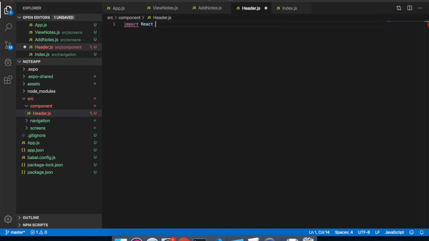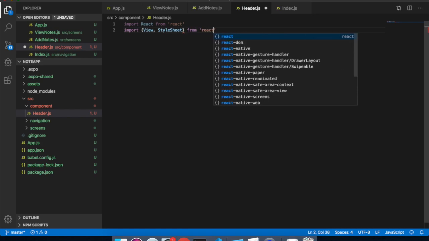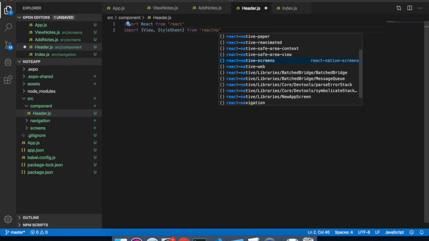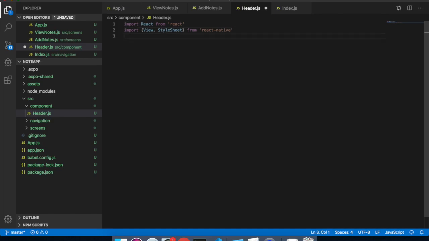Import React from React. Then import View, StyleSheet from React Native. Right. Then we have